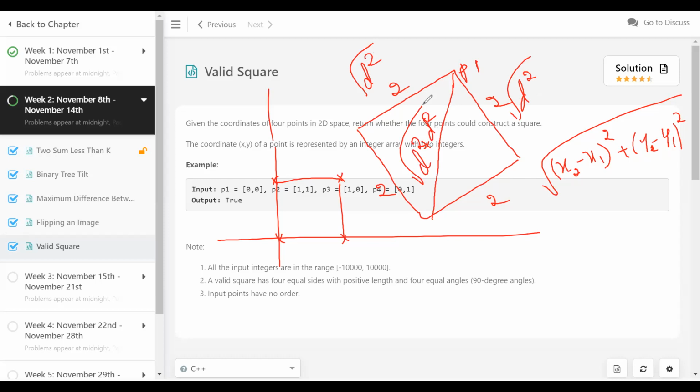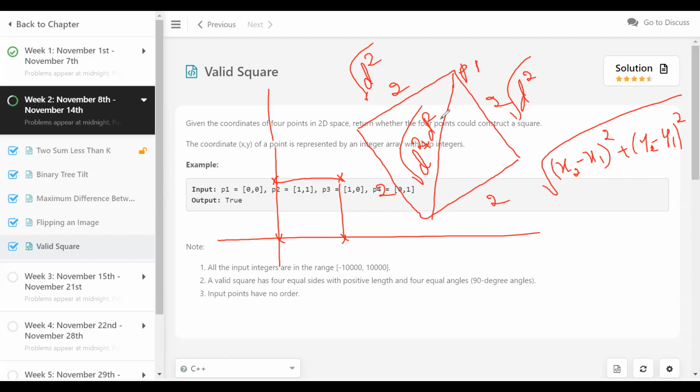But I'm going to keep ignoring the square root because it does the same job even if I don't take the square root, just for comparison purposes. So that's what I'm going to figure out. I'll find the distance from P1 to all the other 3 points, and two of them should be of the same distance, and that is going to be my length of the side, and the other one should be of the distance which is given by this formula. I think these are all just necessary conditions.